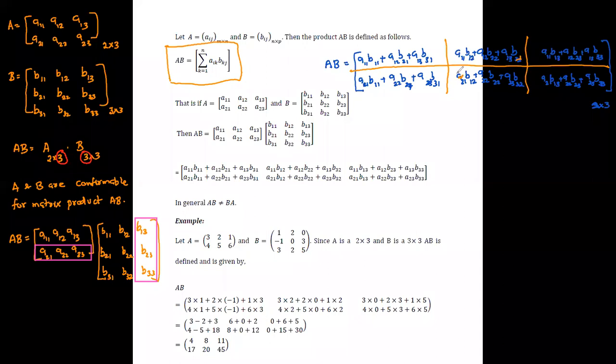And here also, if you perform this calculation to obtain the value for BA, you may identify that you get a value which differs from the answer you got. Therefore, we can say that in general AB is not equal to BA. Now we will move to an example related to matrix multiplication.